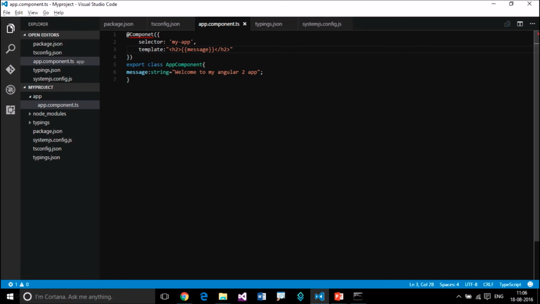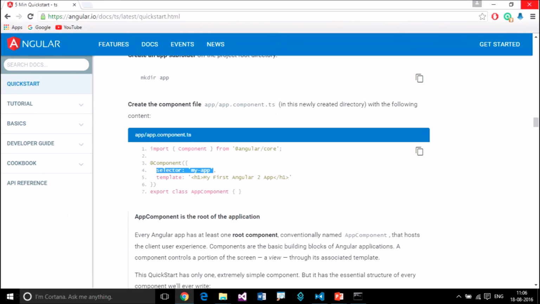So we can see some error here, cannot find component. So we need to import some modules. Now import this component from Angular core.